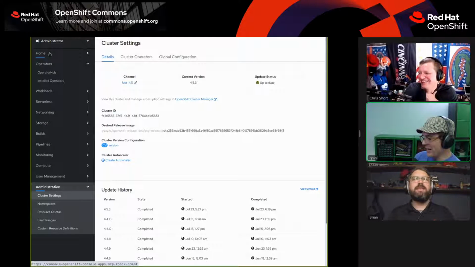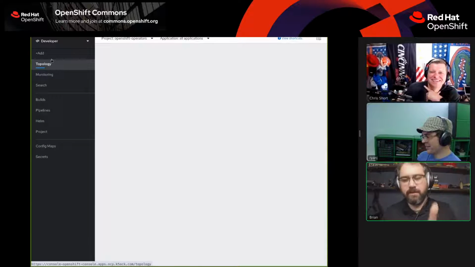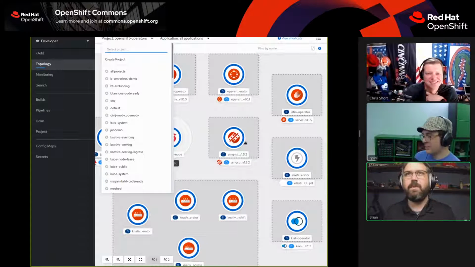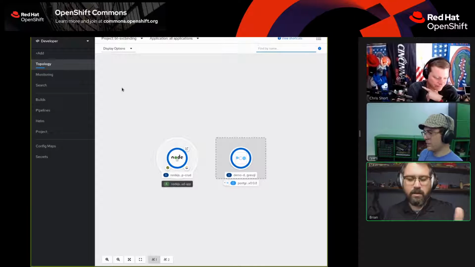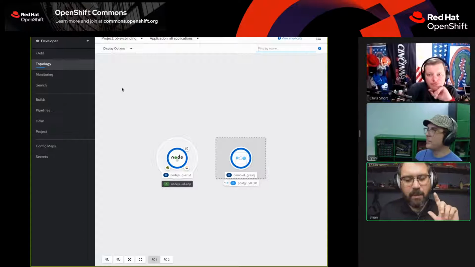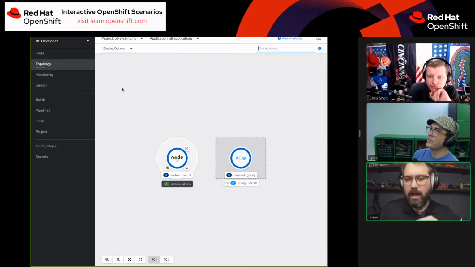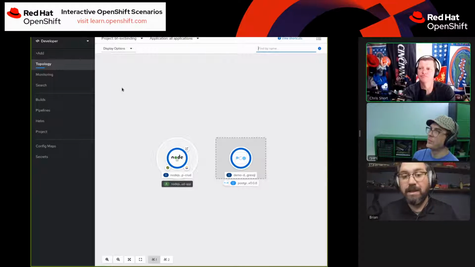Okay, bleeding edge. All of that being said, I have the service binding operator installed cluster wide. You can see I've got a couple of different things running in this operators project. Let me switch back over. So I've got the service binding operator. I have my application that I just copied the Git repo in and had OpenShift build it. And then I deployed a PostgreSQL database using the operator.